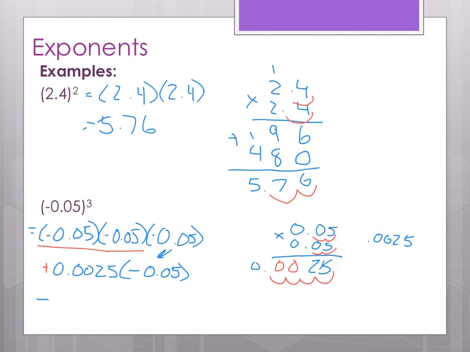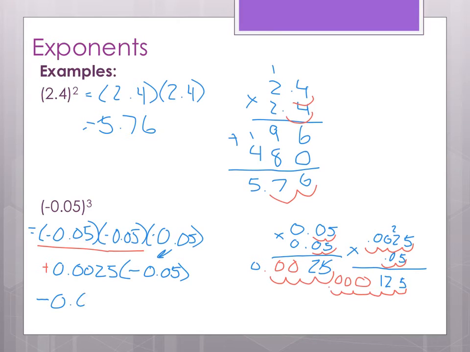0.0025 times 0.05. I'll do the multiplication for that now. 5 times 5 is 25. 5 times 5 is 10, plus 2 is 12. And I have 1, 2, 3, 4, 5, 6 decimal places in my factors. So I need to move my decimal in 1, 2, 3, 4, 5, 6 places and put in 3 zeros for those empty placeholders. So my final answer